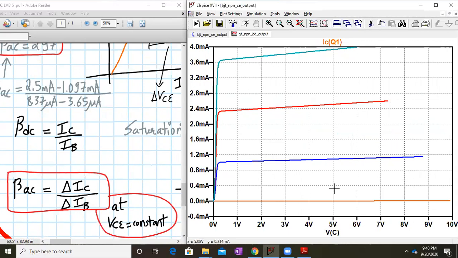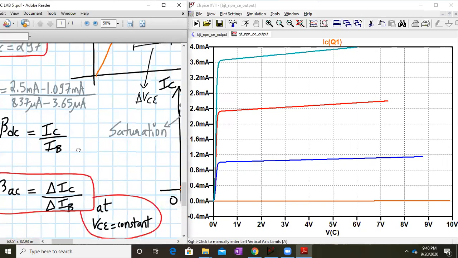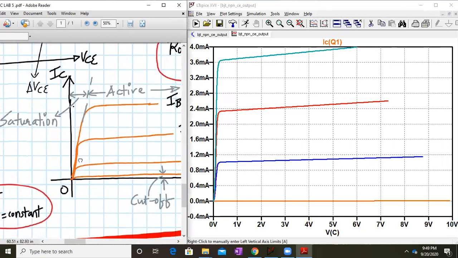The output characteristics will tell you three things. It will tell you what my output impedance is, what my current gain, that is beta, is, as you can see it's very much greater than 1, and in which operating region my transistor is operating, whether it is operating in the saturation region, the cutoff, or the active region. Normally for amplifiers, we bias it in the active region, and if you want to use the transistor as a switch, you normally operate between the cutoff and saturation regions.